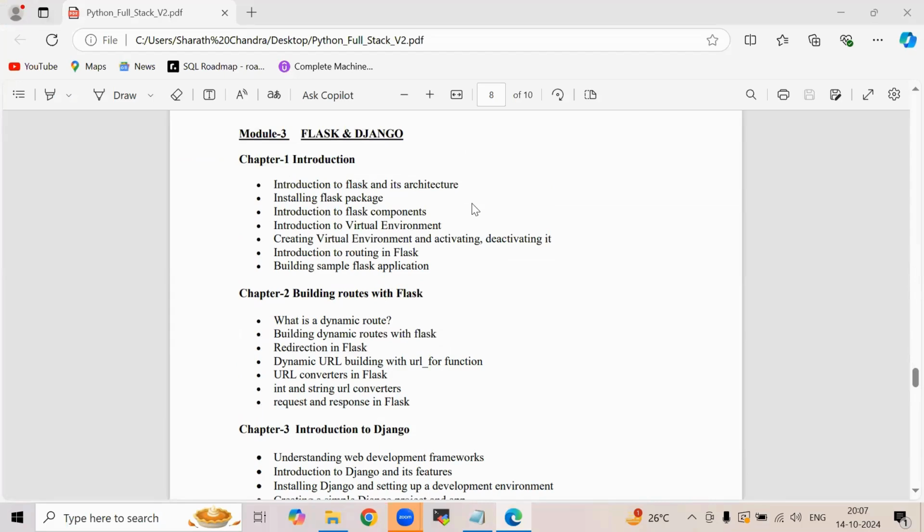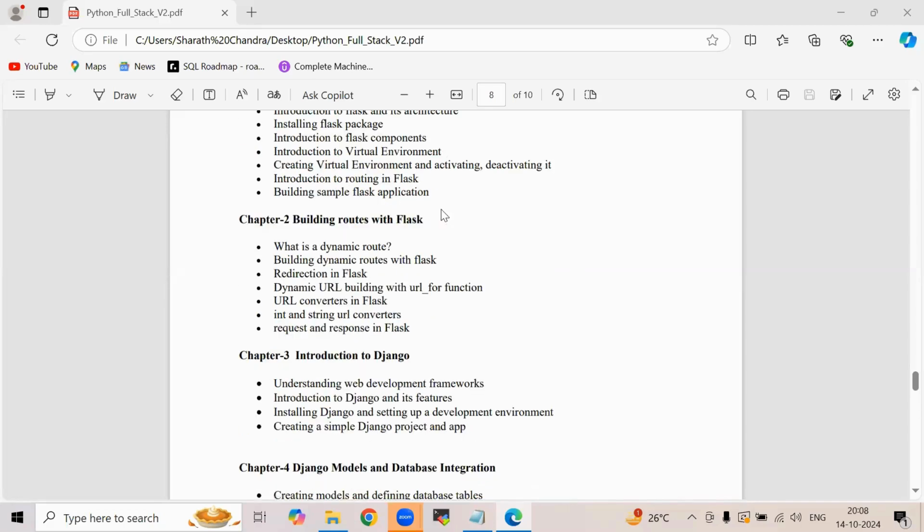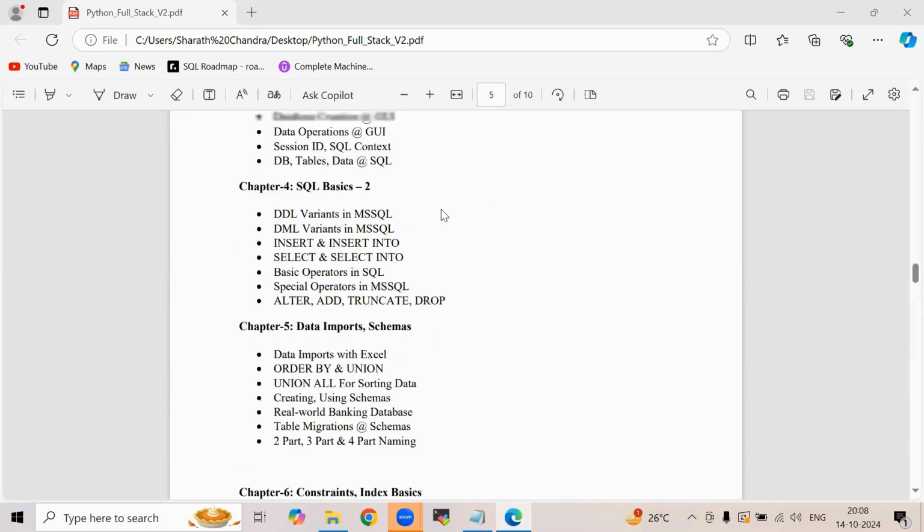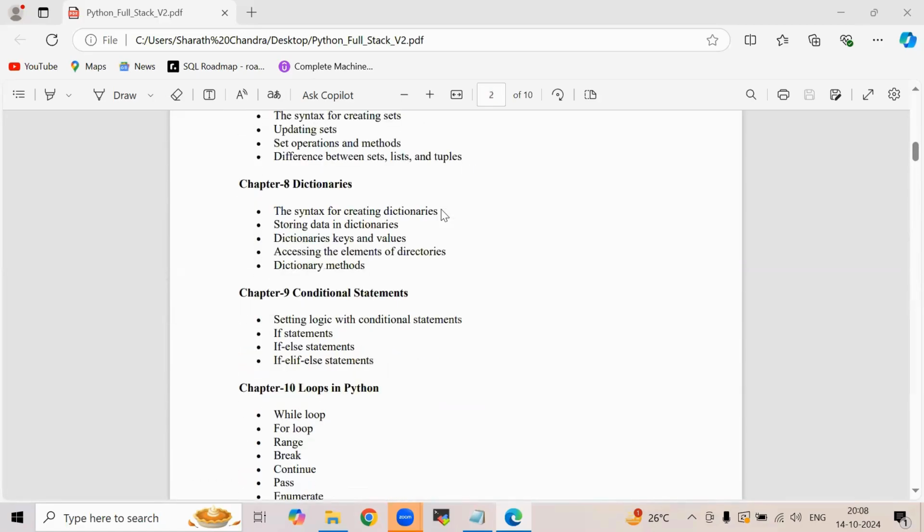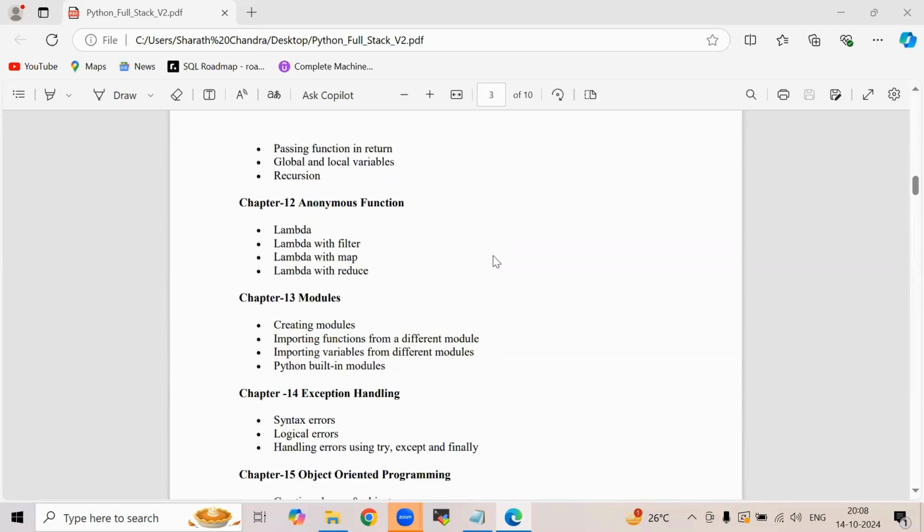In full stack development, what we will do, we will design frameworks and all those things. So here, we will import Flask and also Django. And in some cases, we will use urllib. All such things we will use here. So it depends on the topic, what libraries we go through. Oh, understand. Yeah. I think I'm clear. Right, Venkat?